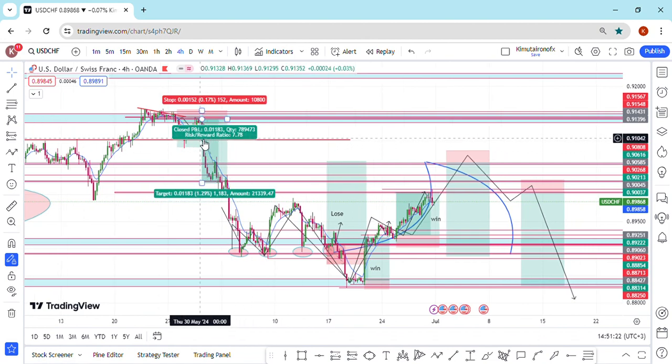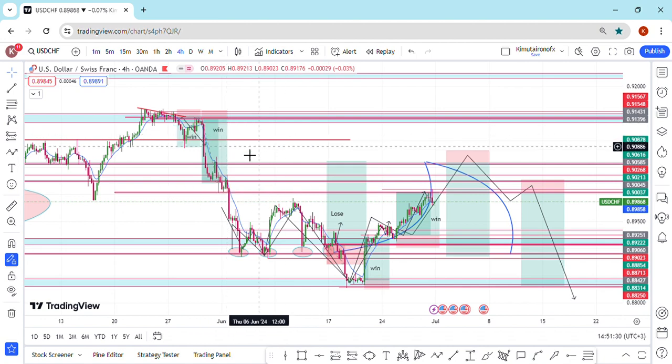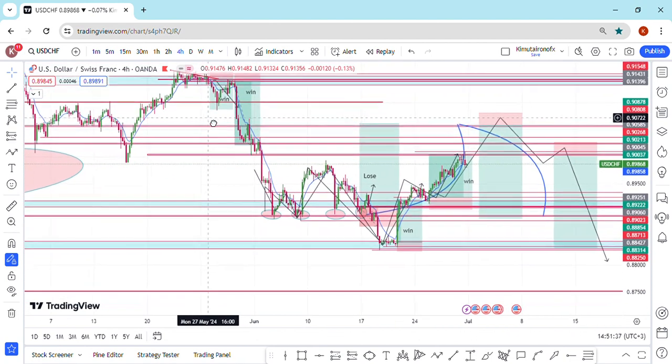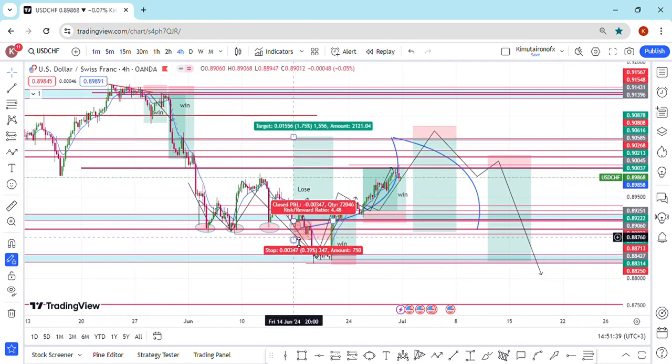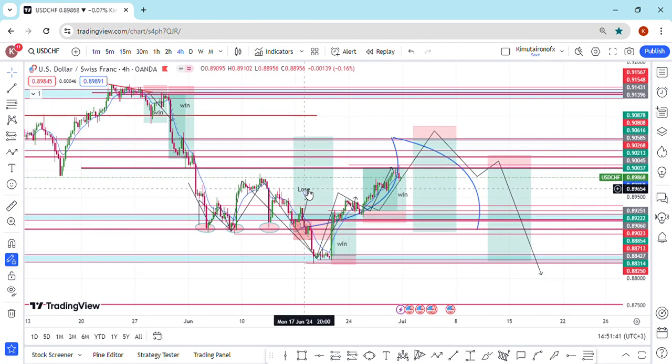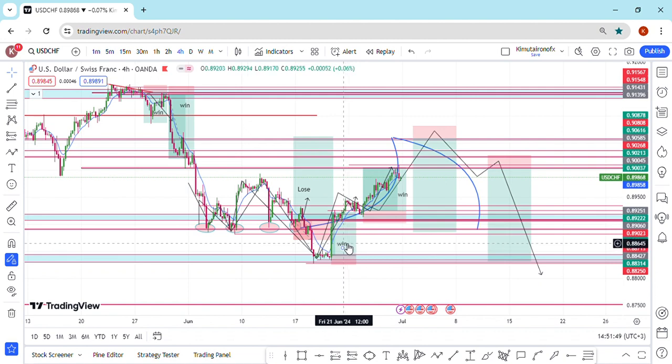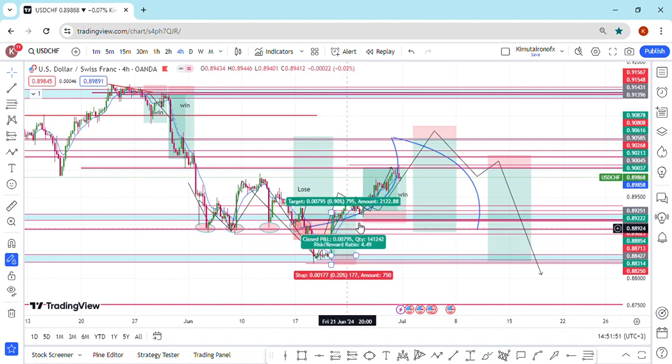This time round, we hit this. We actually didn't stop at the area of interest where we previously stopped the other trade, and we went straight through. So one thing that I knew was it was now going to go free, it was now going to go with momentum to the downside. Now I took a trade here and it was a loss. It was a loss at this point. I expected this, but I later recovered this trade with another win from the same USDCHF, and another trade